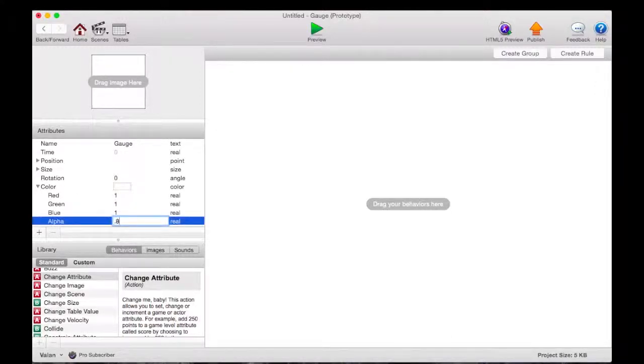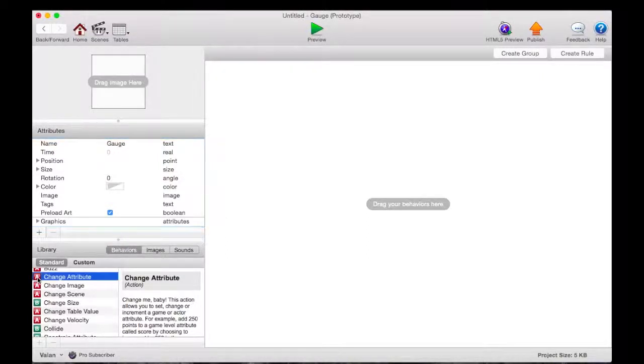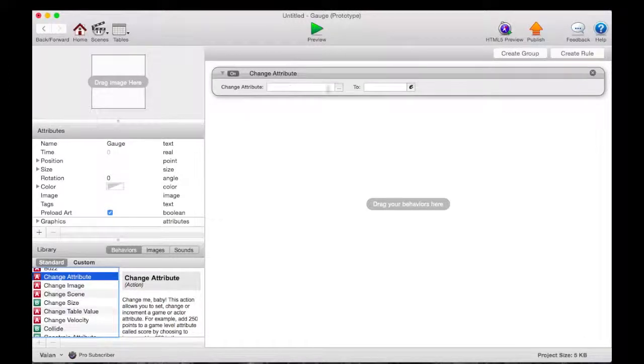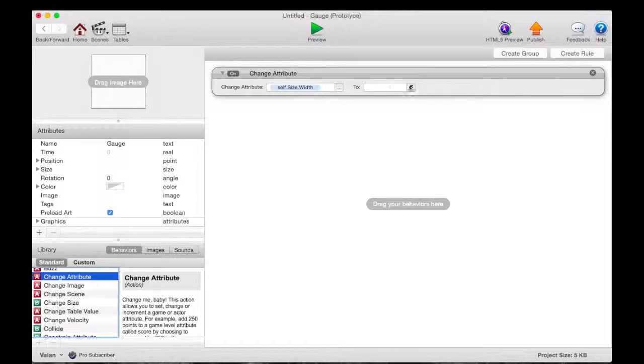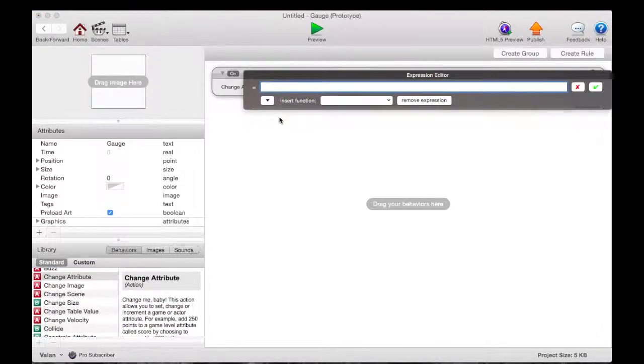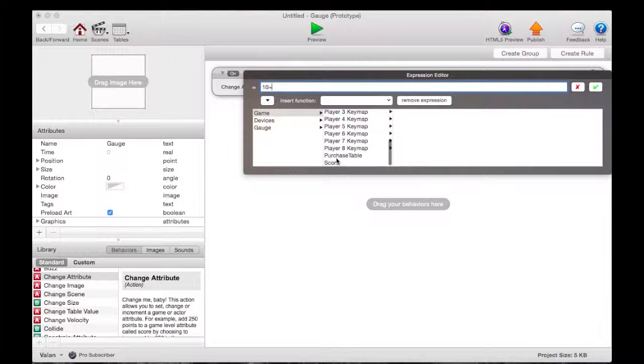Again, we decrease. We don't make it invisible, but we do decrease the alpha. So this is an indication of how many targets we've hit. We're using the width. So we change the attribute, the width, to 10, which is going to be our minimum, plus whatever the score is. Okay,